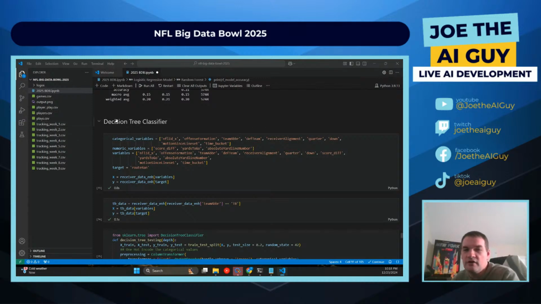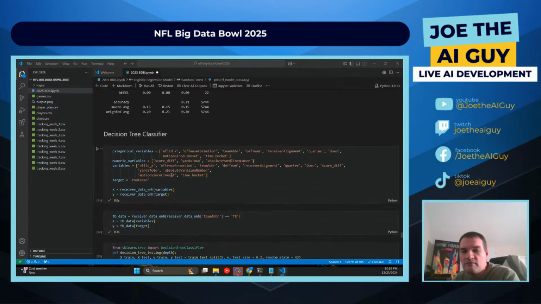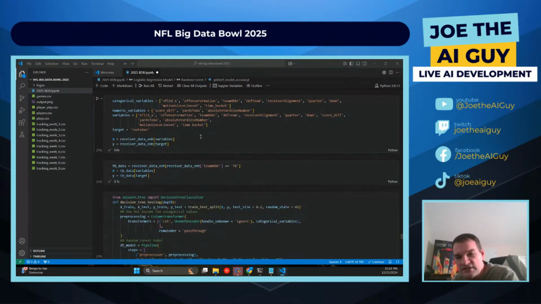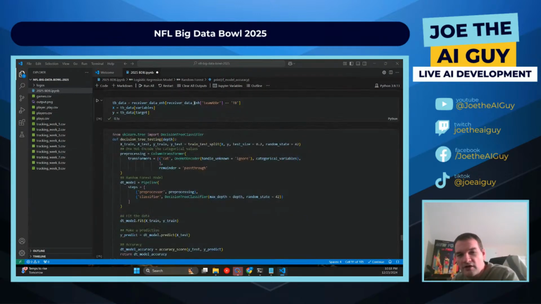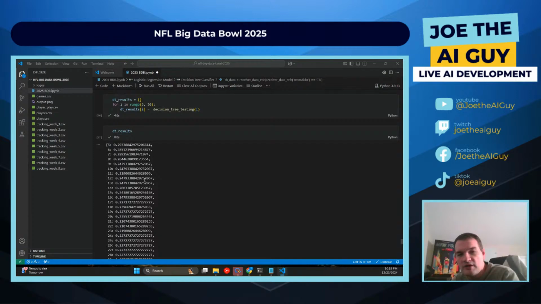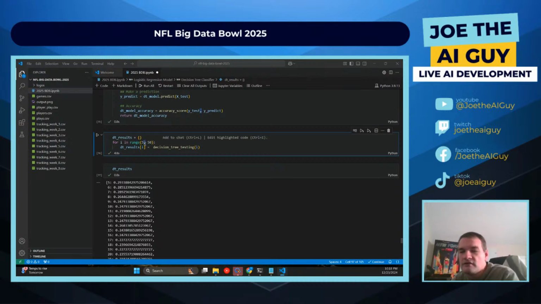Then in the most recent video, we added the decision tree classifier here. The idea is that it can help us segment the data, hopefully more quickly, to get to the right amount of information. And one of the things we see here is, well, we were working on an individual team, Tampa Bay, just to see if we can get better results, and we don't. So we were doing an experiment to see how many splits we let the decision tree run